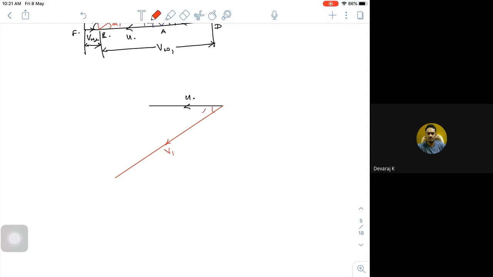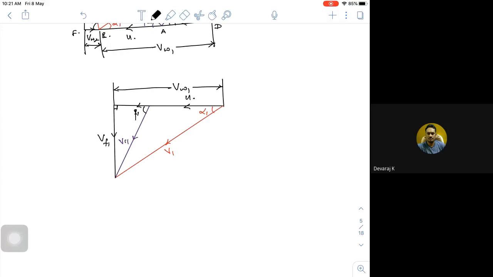So with alpha 1 here, you have your VR1. Okay, VR1, and if I try to close it with a right angle triangle here, so this will be 90. So this will be my VF1 and this will be VW1 and this will be beta. Okay, I got the inlet triangle.